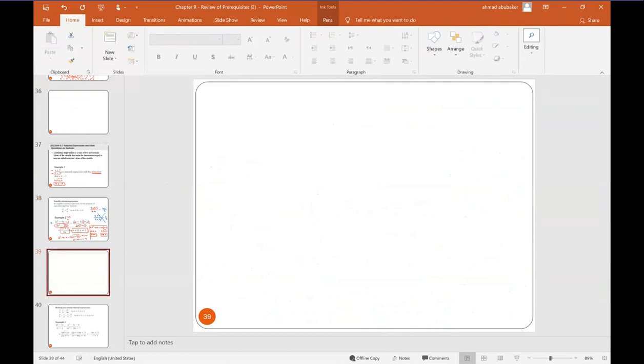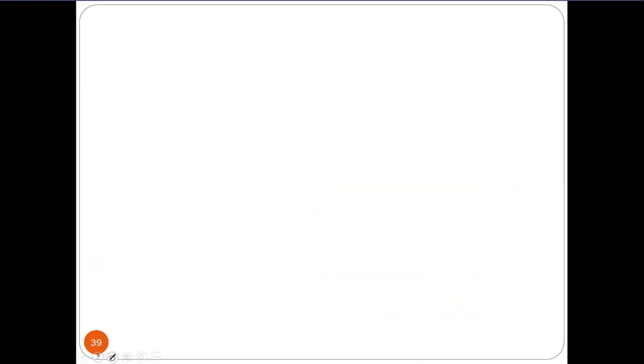If you find the factorization of numerator and denominator, you can remove the same brackets and find the final result. For example, if we have here x squared minus 25 and we have x squared